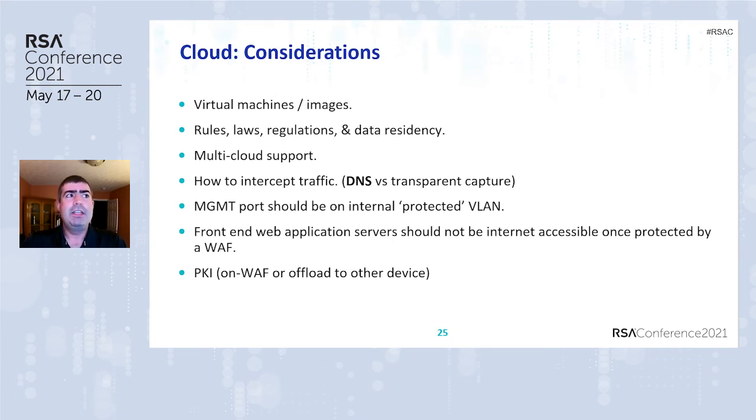Once again, you have the same consideration of how you're going to deploy. Personally, I like DNS. Of course, just like our on-prem, we need to protect our management ports. We need to make sure that we close any ACLs for our web servers so that after we put the WAF in line, you cannot bypass the WAF in order to reach the web application. And then once again, there might be a valid reason for you to offload the actual TLS decryption onto another device, such as a packet aggregator.